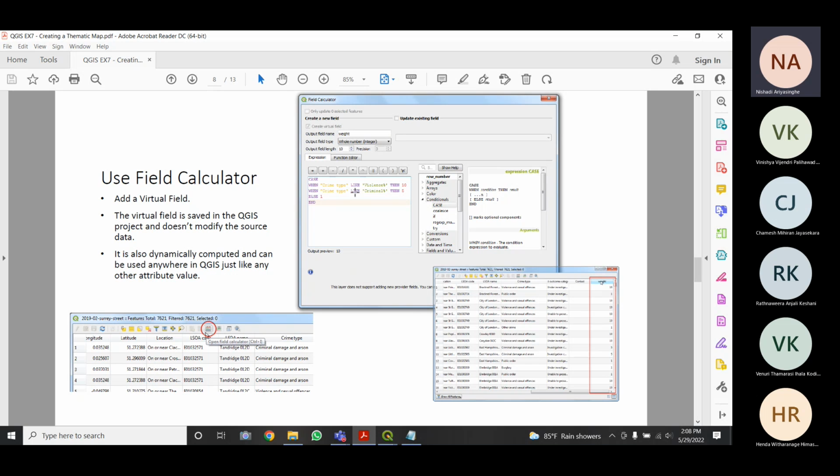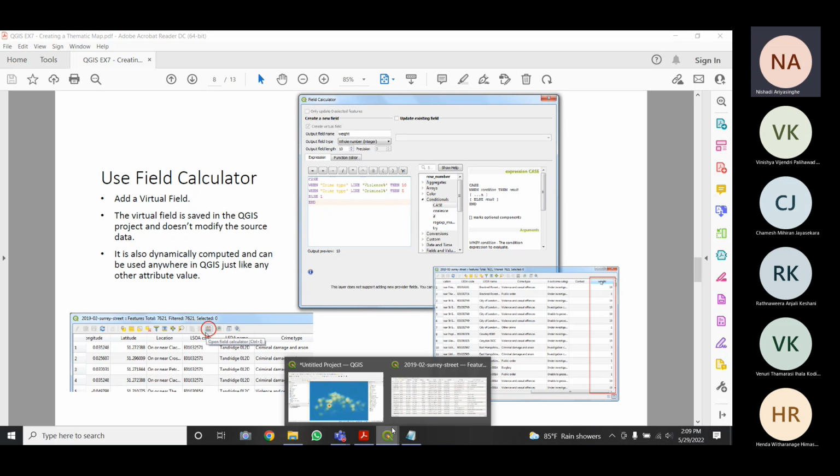So what we are doing here is comparing the crime type. If the crime type is violence something, then we are giving a higher weight. If the crime type is criminal something, then we are giving a much lesser weight. If it is another crime type, then 1. So I'll show you how to do it.